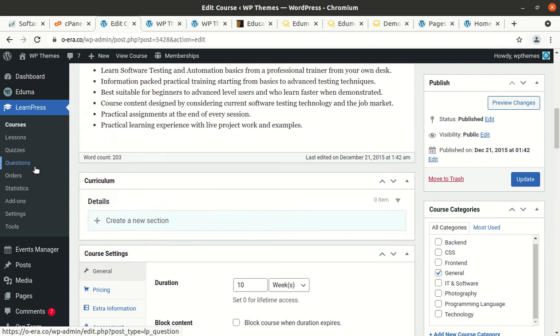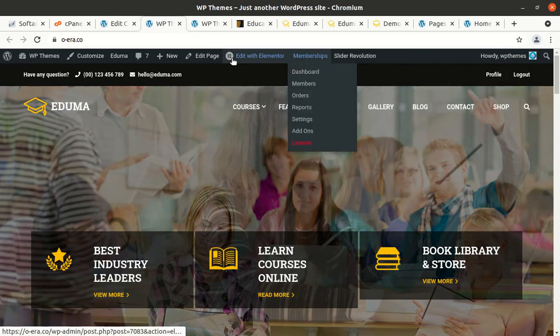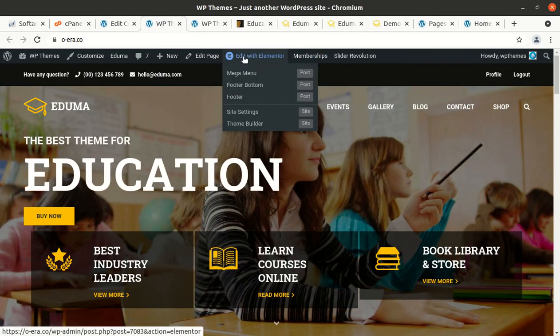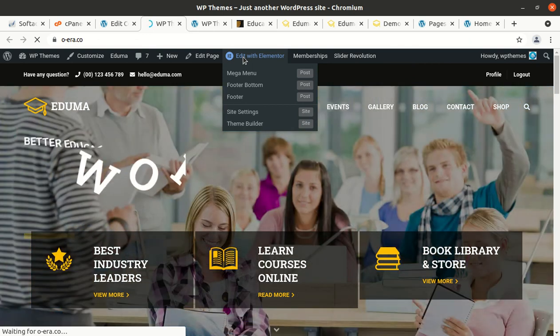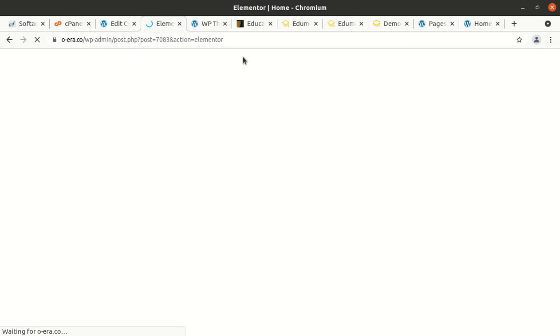I believe I have shown you enough things about this theme, and you can customize the home page using the edit with Elementor option. Editing with Elementor is always simple, and I would advise you, if you are editing the home page, take a backup of the page using any duplicator plugin, and the rest you can do simply. Even a non-technical person can do this using the Elementor page builder.